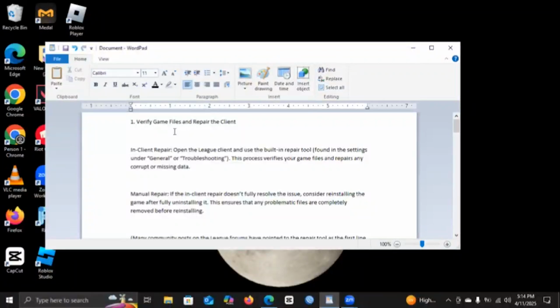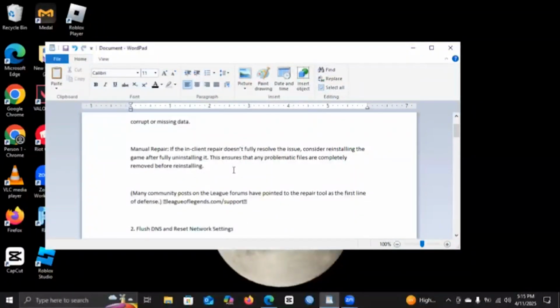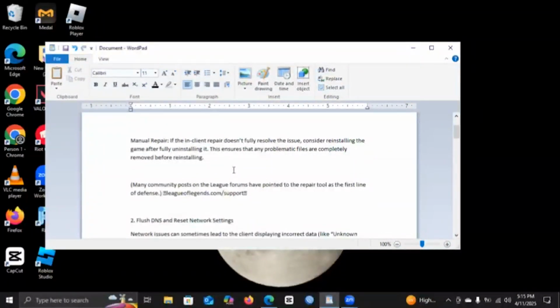In client repair, open the League client and use the built-in repair tool found in the settings under general and troubleshooting. This process verifies your game files and repairs any corrupt or missing data. Or rather, you can use the manual repair. And if you find that this client repair doesn't fully resolve the issue,